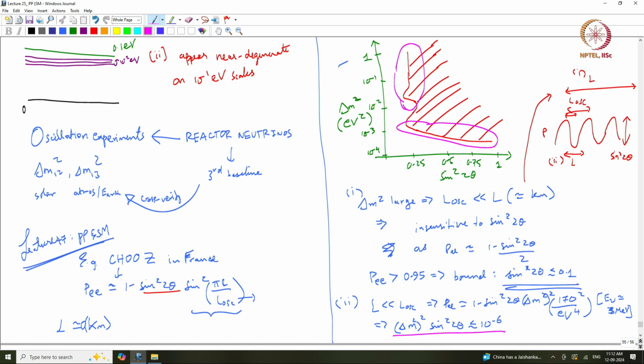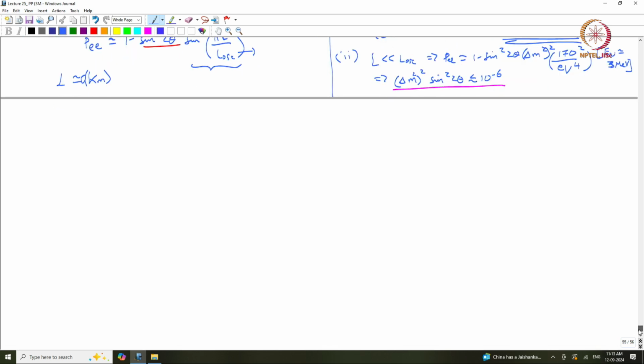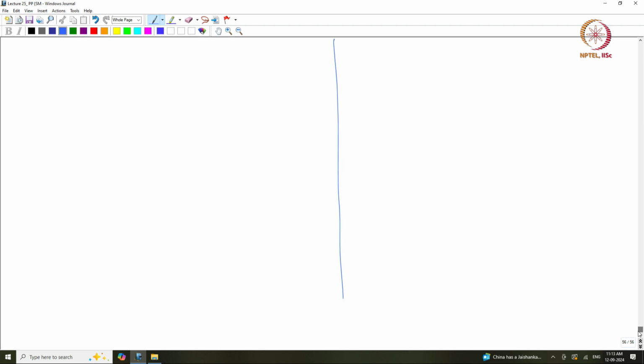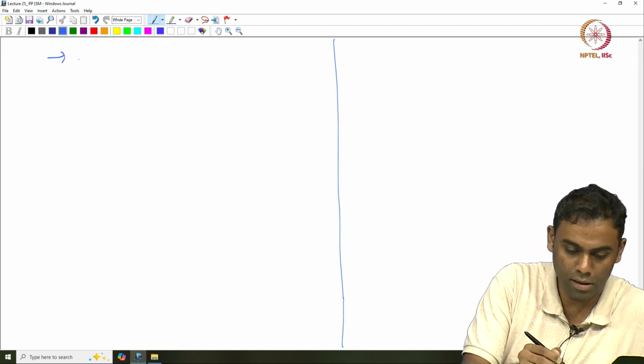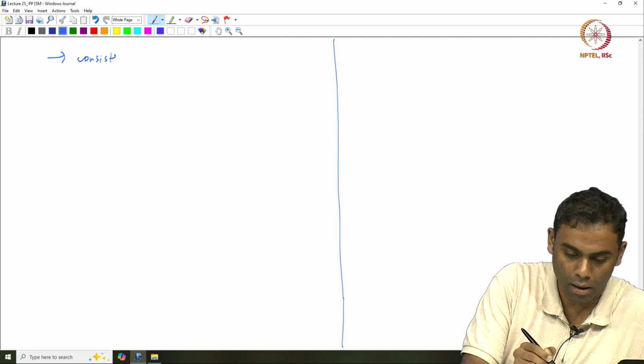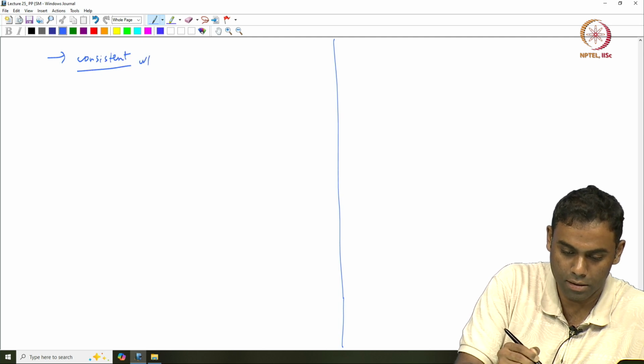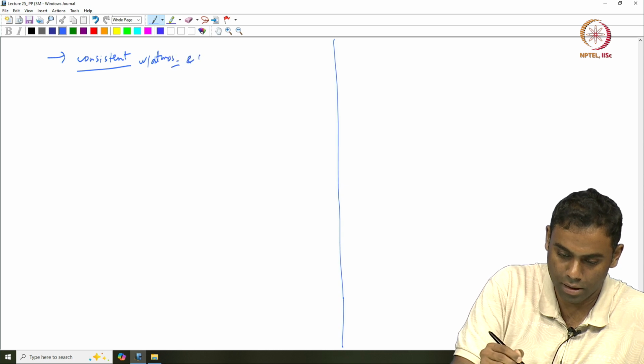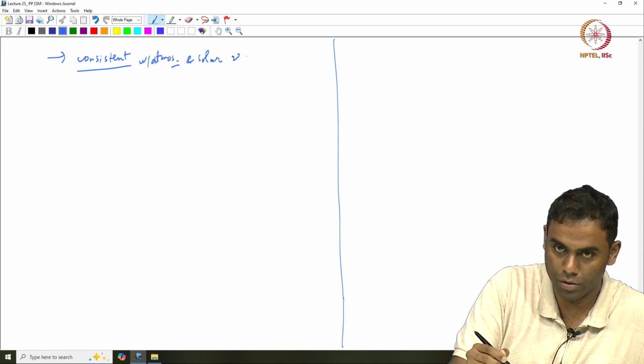Okay. All right, this is all inspection of the behavior of this plot, so that we are happy that we really understand the shape, but what does it all have to do with cross verification of the delta m square measurements? It is just that all of this is still consistent with atmospheric and solar neutrino data,